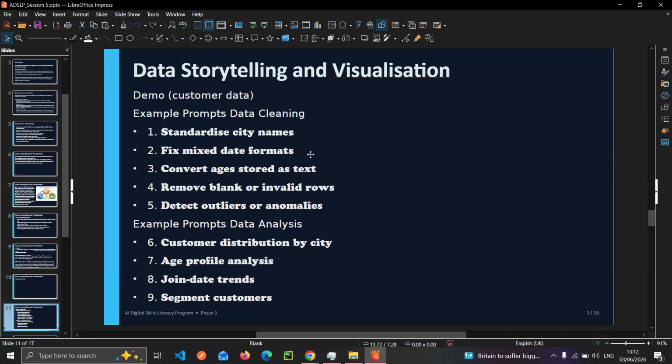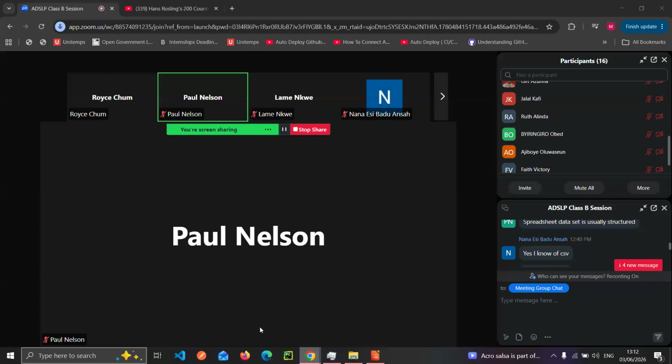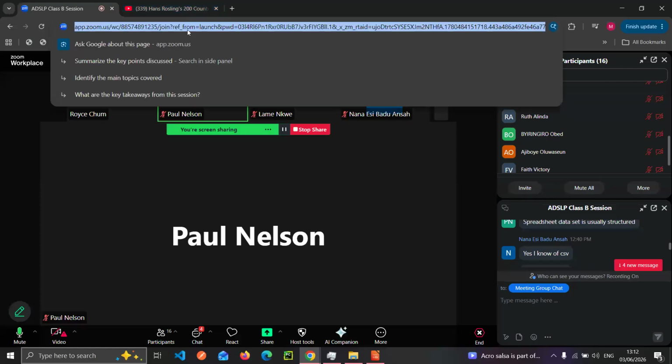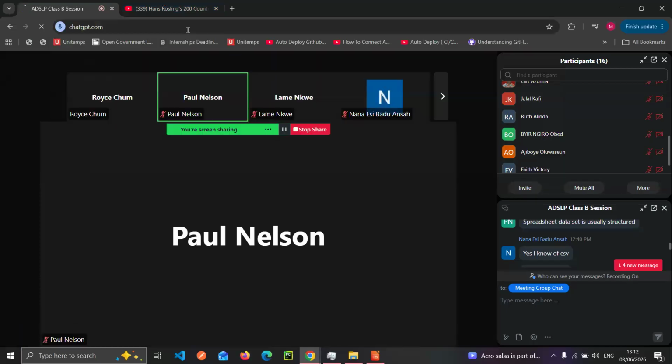And the second one is possible prompts, that is prompt.txt. So we are going to see how we can create a story based on a specific data set and be able to come up with visualizations. So for that, I'm going to quickly launch ChatGPT.